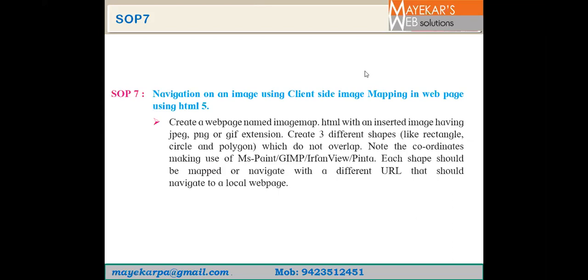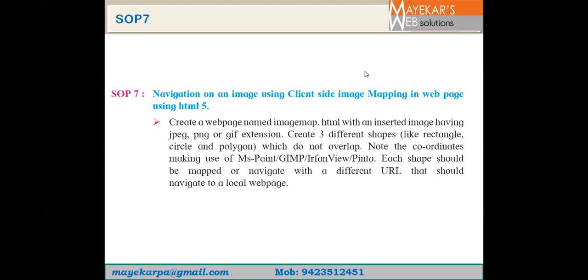We can see this image mapping concept on Facebook when you tag a friend's face. When you click on a friend's face, at that time a square box comes up on the screen, where you can mention the account, or link that account to the particular face. Suppose you have uploaded a group photo. While uploading it, you can tag each and every face to the account of that particular person. So this type of image mapping we are going to study, how we can create it in a single image.